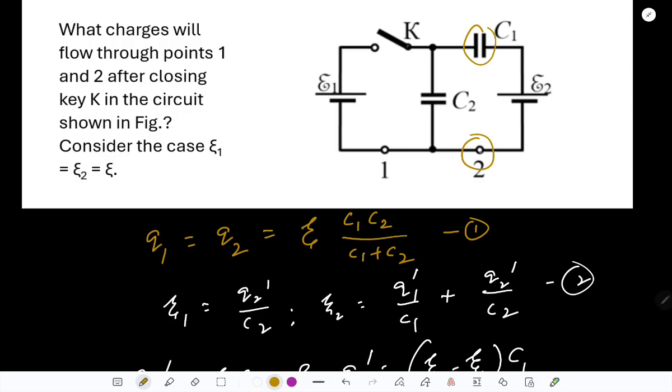So point 2 is responsible for the changes in the charges on capacitor C1,